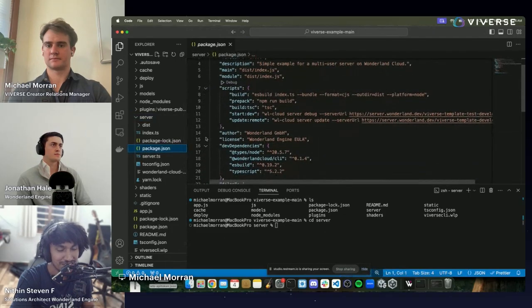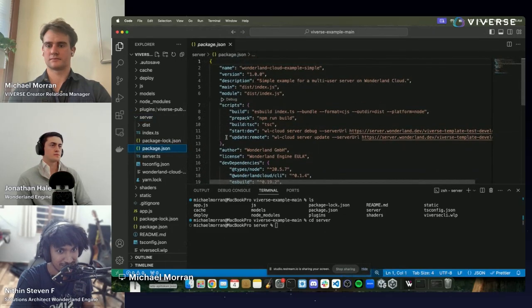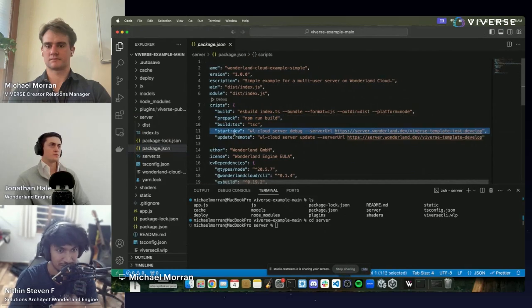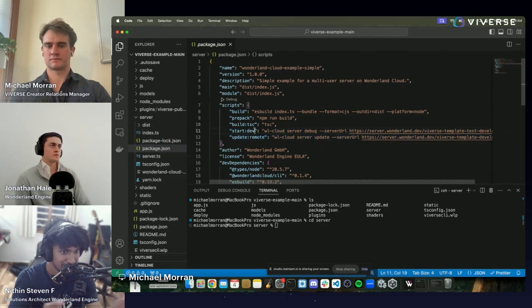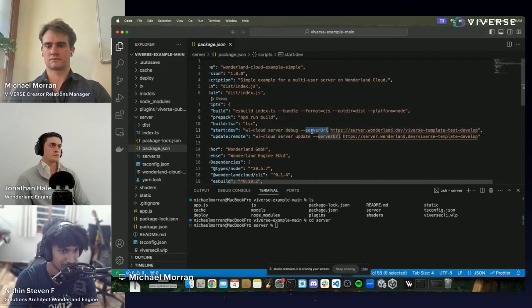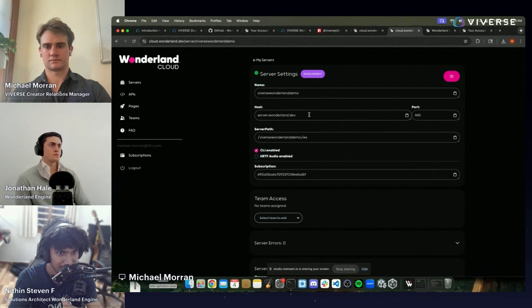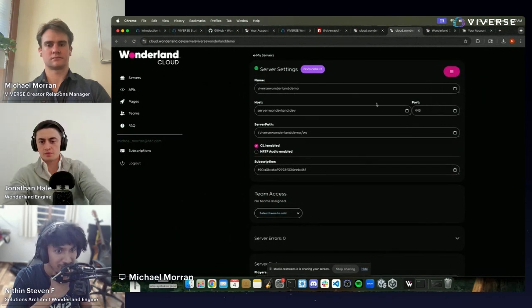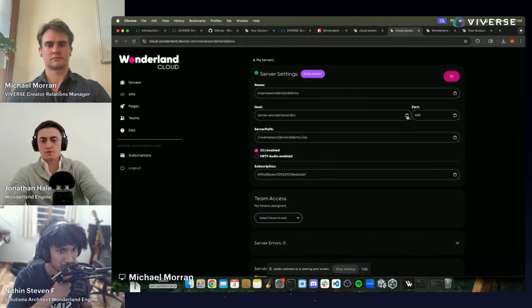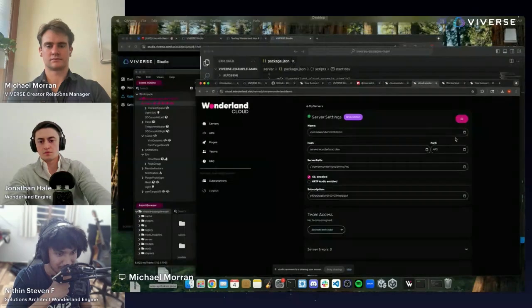okay, so you can see there is two scripts there. One to start a development server, and one is to update. So you need to replace this server URL with the newer server URL. So where do you get the server URL? You can just basically go to the cloud.wonderland.dev to get the server URL, I guess. So what you can do is you can basically copy the server path, like the VIVERSE Wonderland Engine demo. Yeah, and go there and